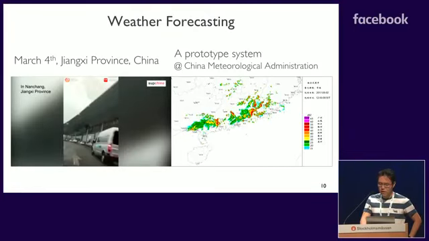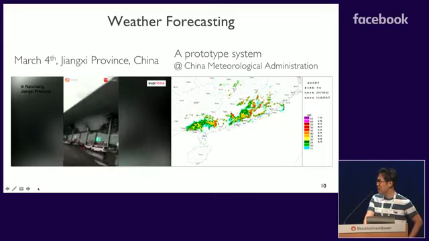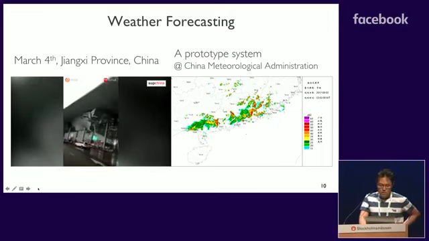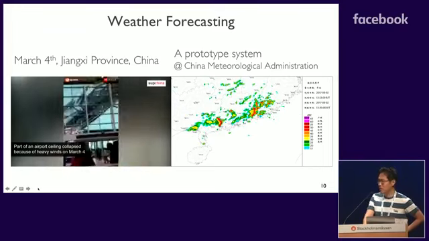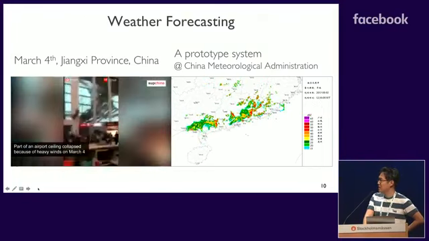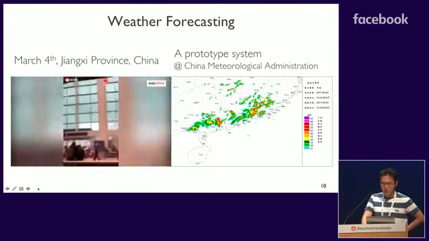And we have a prototype system that helps the Chinese government do weather forecasting. Here is an example of a severe weather condition that happened earlier this year in Jiangxi province, China. Because of the strong wind, the roof, the ceiling of the airport collapsed.